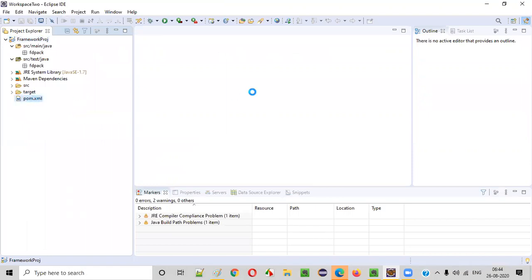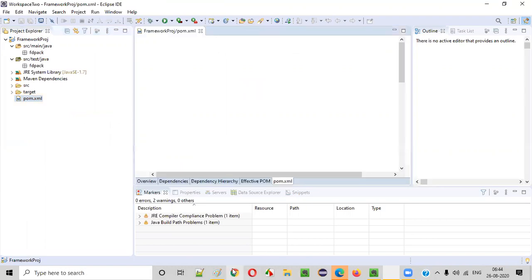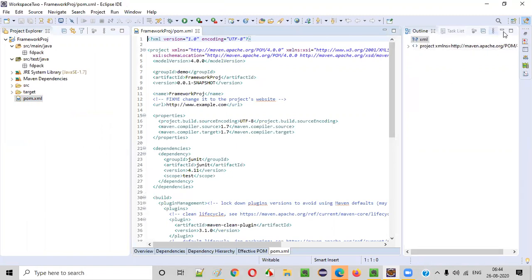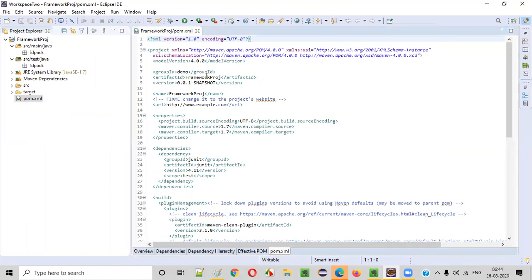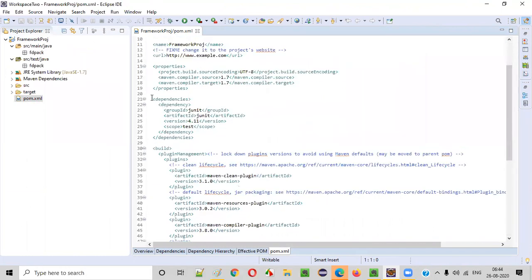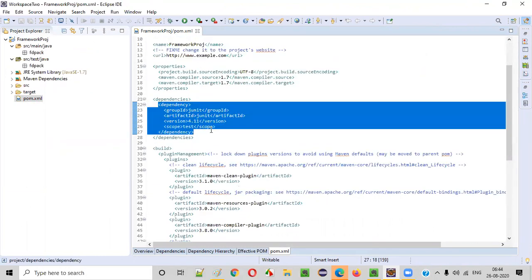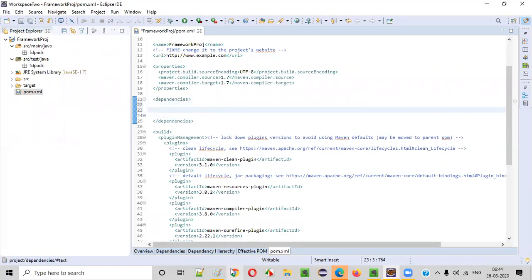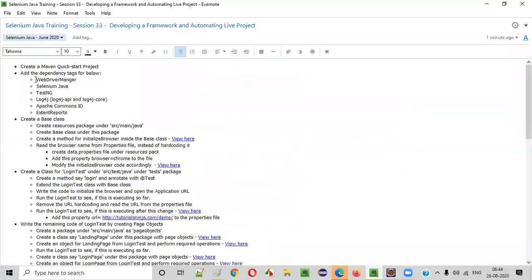We'll go to the pom.xml file, open the pom.xml file. And at the same time, let's minimize everything here so that these are not required. So our focus should be on this pom.xml file. So already we have some JUnit dependency here. So I'll remove this JUnit for a while, guys. Whenever required, I'll add it back. Okay, if it is required, I will add it. For now, I don't require JUnit. So I'm just keeping this dependency tags blank. Inside these dependency tags, I'll add the dependency tags for all these different things.